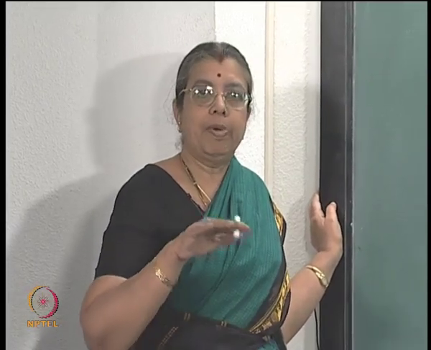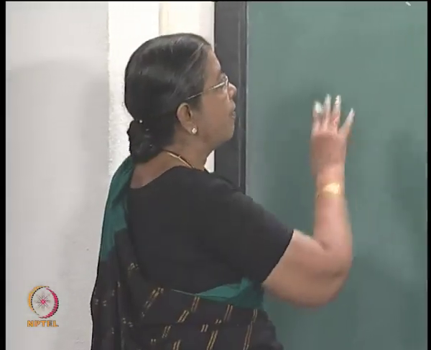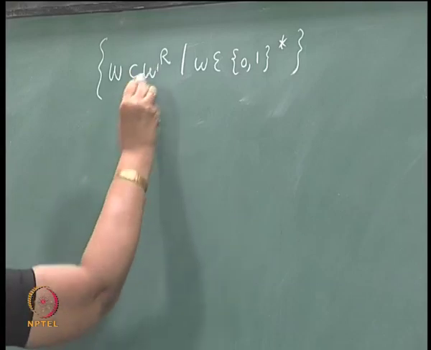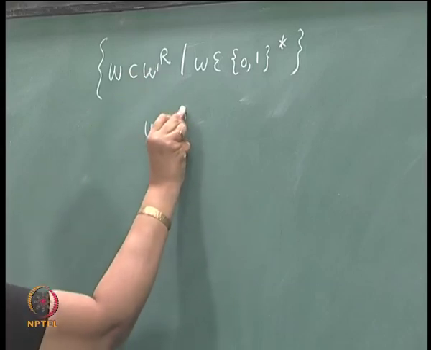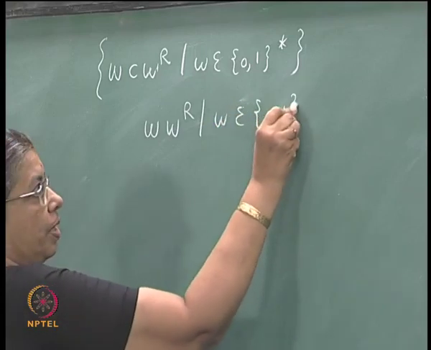Whereas, in the case of push down automata, when you say push down automata, you mean non-deterministic push down automata. Deterministic push down automata and non-deterministic push down automata are not equivalent. Deterministic automata accept only a subclass, which is important from parsing point of view. Okay. So, instead of considering this language, let us consider WWR, where W belongs to 0 1 star,